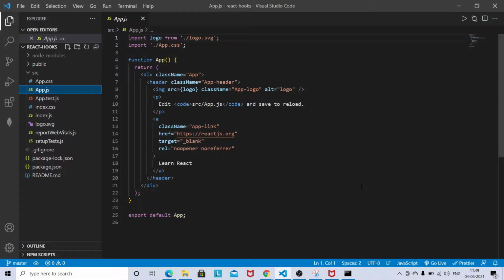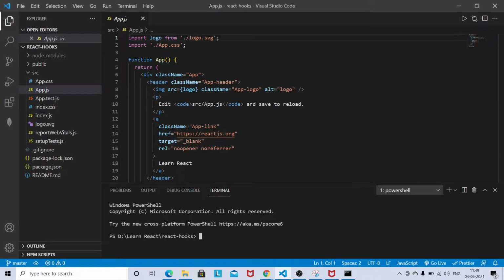As you can see, I have created a React project using a command. I will show you the command. You can create the application either in CMD or in the Visual Studio Code terminal, using the command npx create-react-app.